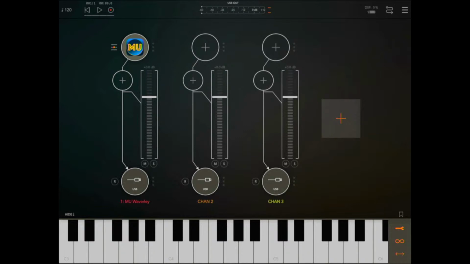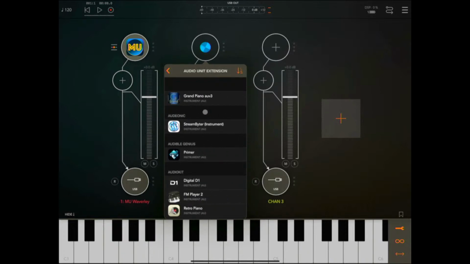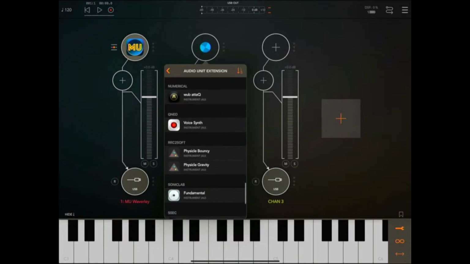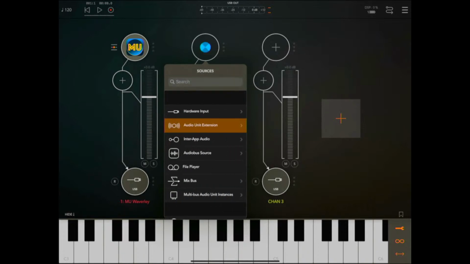And what's really cool about this Moodunits app is you can open your instrument up the top here, and included in Moodunits is a whole bunch of effects as well, which you can open up in here. But let's open up, so I'm going to go into audio unit extensions. We're going to scroll down, grab another instance of Moodunits. There it is, MU Waverley. So it's going to add that